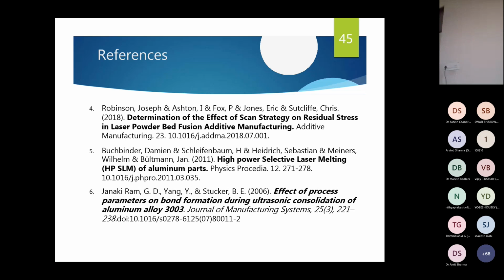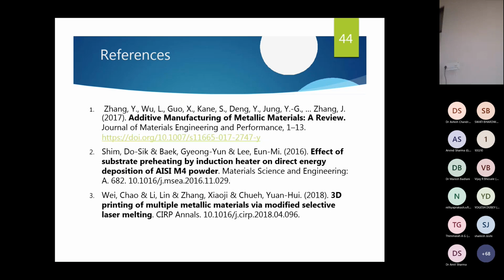These are the references which I used for this PPT material. Some of the materials I have taken from the papers, which are Journal of Materials Engineering and Performance, authored by Zhang et al. Few from Materials Science and Engineering, Shim et al.